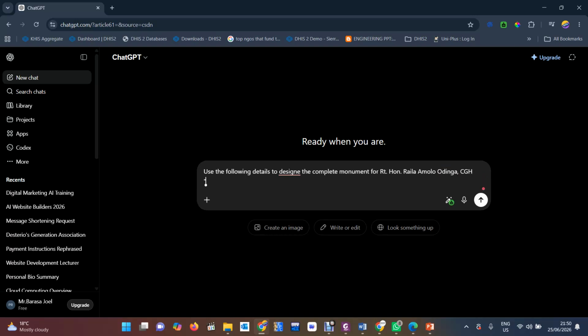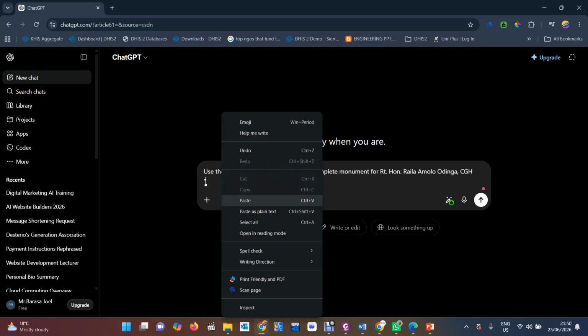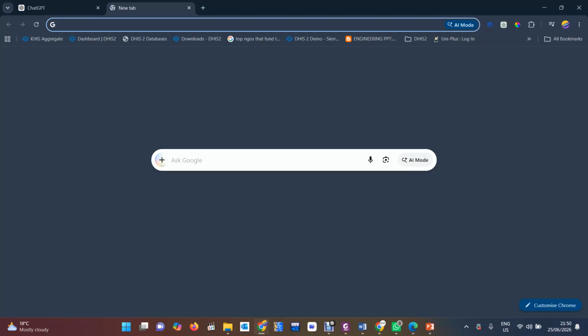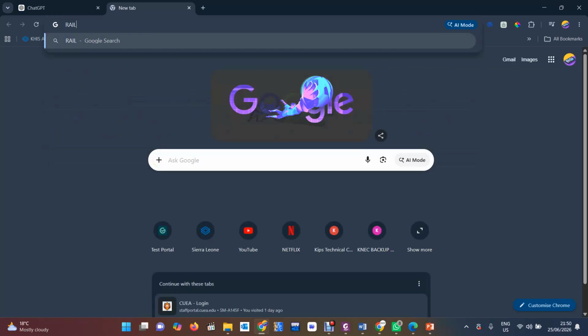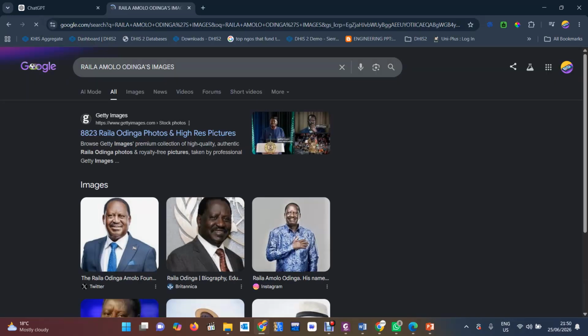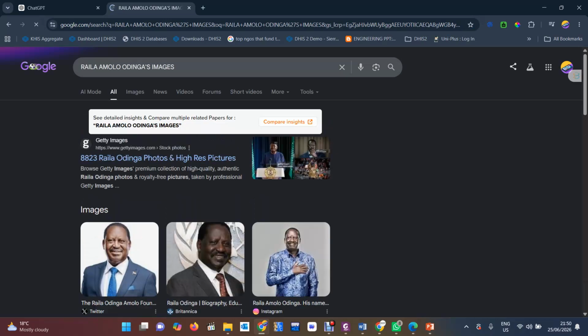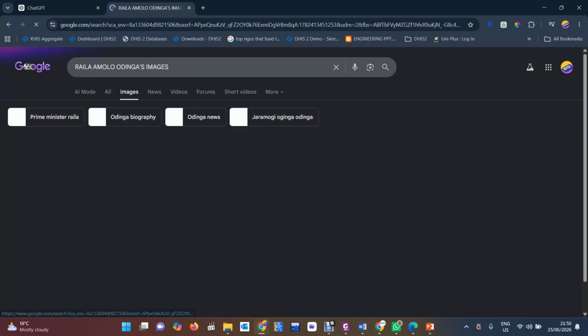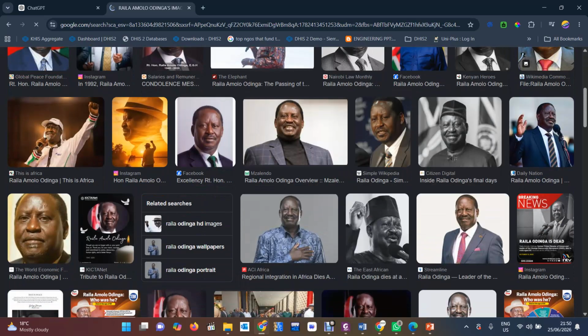So this is the information, and then you have to feed it with a picture to say Raila Amolo Odinga's images. Let's say maybe you search for that.